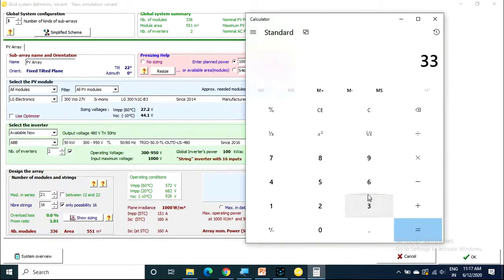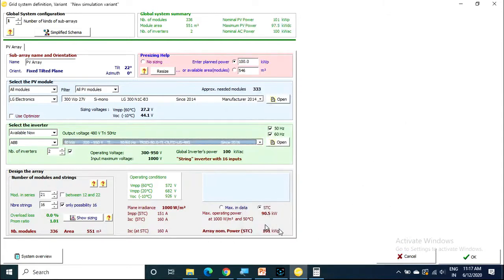Multiply 336 modules into the nominal power of each module, this is 100.8 kilowatt, that is nothing but equal to 101 kilowatt peak. So in this way you can check whether it is meeting your nominal power or not.